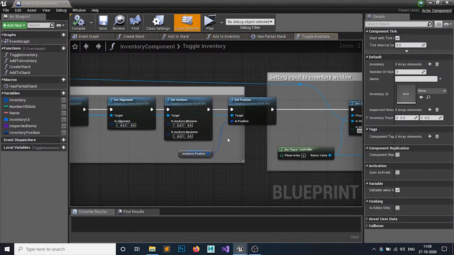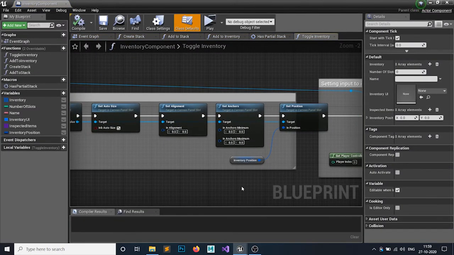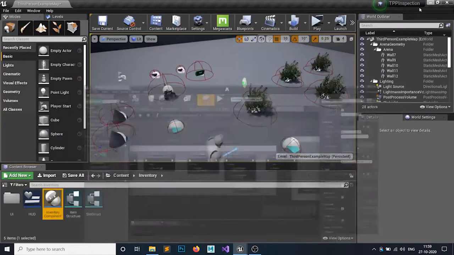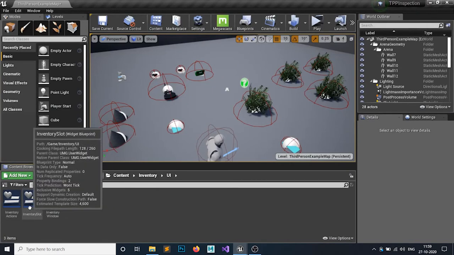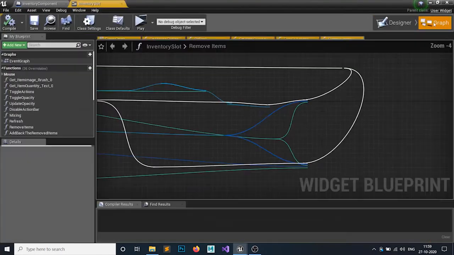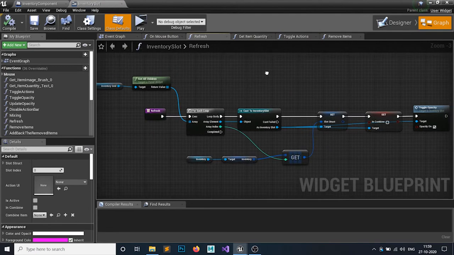Also open your inventory component. If you remember, in the bug fixes part we did that refreshing thing. Let me show you. On your inventory slot, we did this refresh slot.